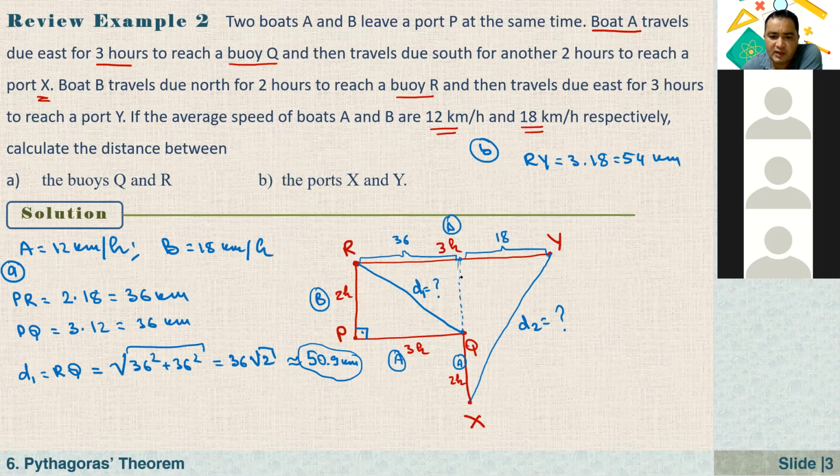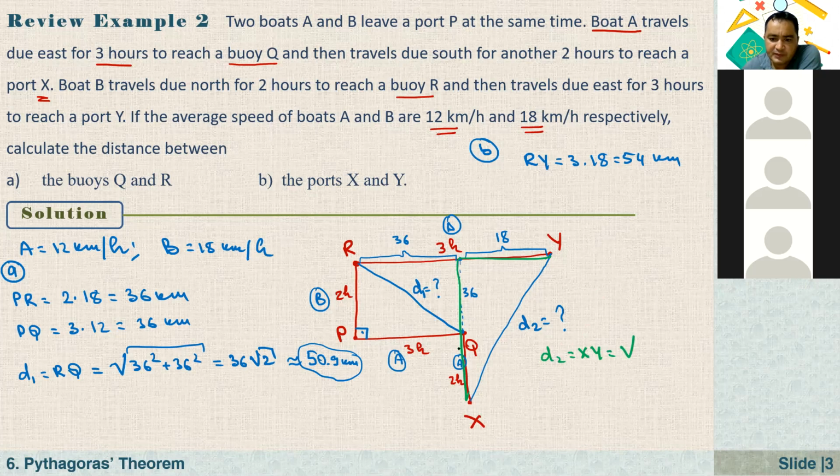And this distance we have already calculated, PR, which is also 36. As you see here, that forms a right angled triangle, right? We're talking about this triangle. So from here, what is D2? D2, that's equal to XY, is equal to the square root of